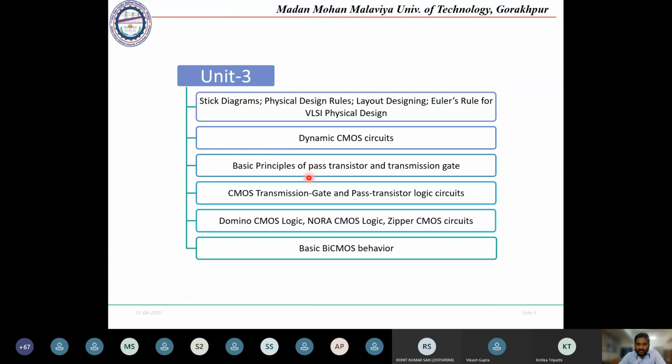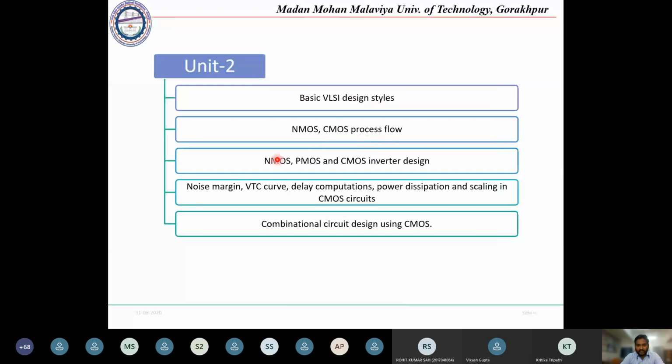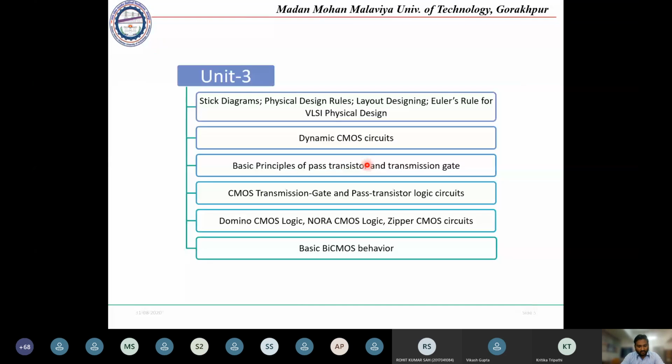The next one is the basic principles of pass transistor. There are different logic styles. Here we are using CMOS for designing circuits. Previous to that, we were using NMOS and PMOS for designing the inverter. So these NMOS, PMOS, and CMOS are the logics through which we design a circuit.